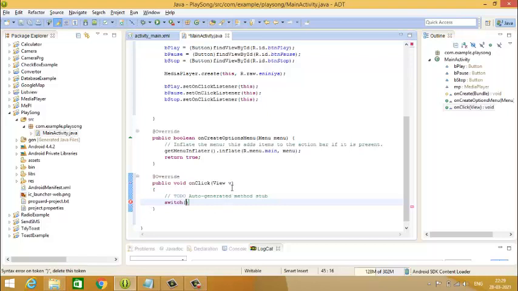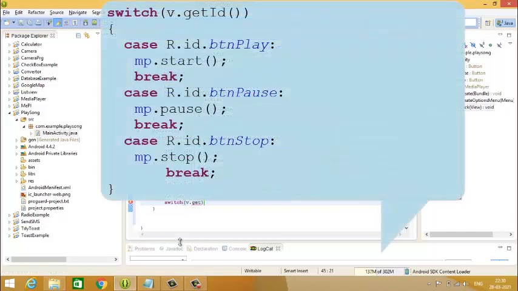Here this View v is the object of this class, so give v.getId. What getId does is get the id of the specific button you have pressed. We have 3 buttons, so whichever button is clicked, the respective id will be passed as a parameter to the switch case.